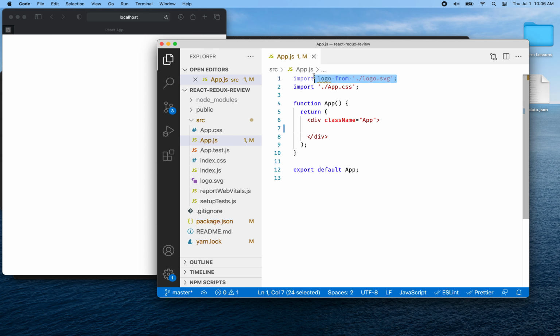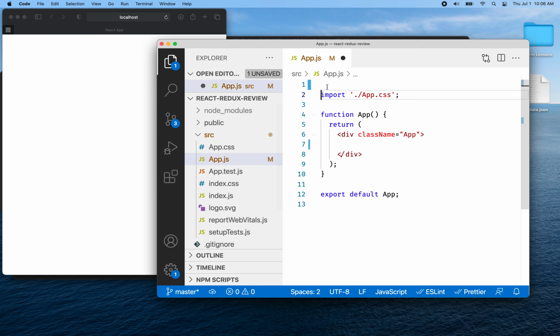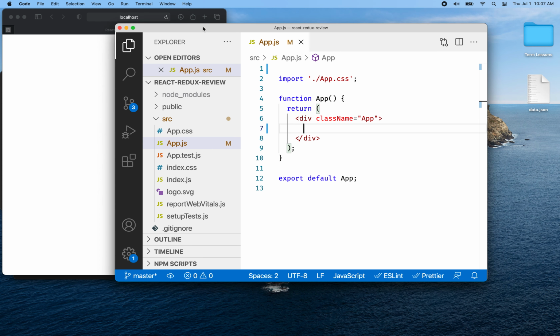And then since we're not using the logo, I'll delete the logo from the top here, right? So there's my app component. It's pretty simple, okay? So before we can actually get anything to work, we'll need to get Redux set up,